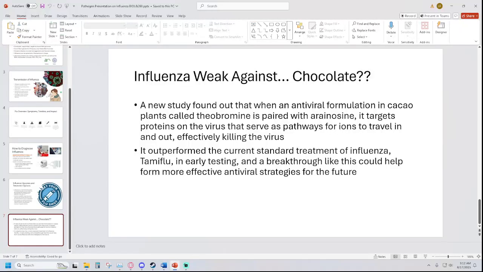It outperformed the current standard treatment of influenza, Tamiflu, in early testing, and a breakthrough like this could help form more effective antiviral strategies for future viral outbreaks, with the most prominent example of a viral outbreak that impacted the world very recently being